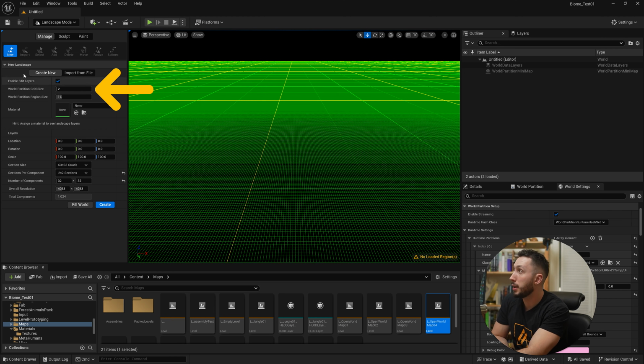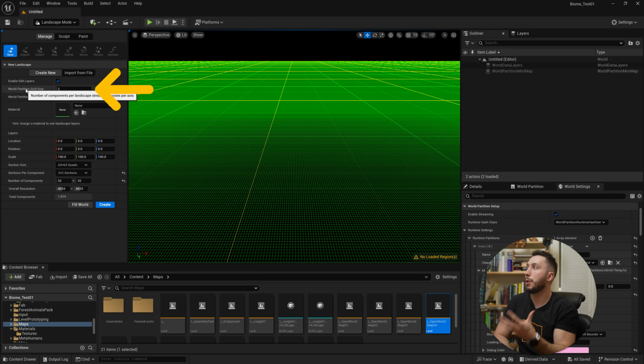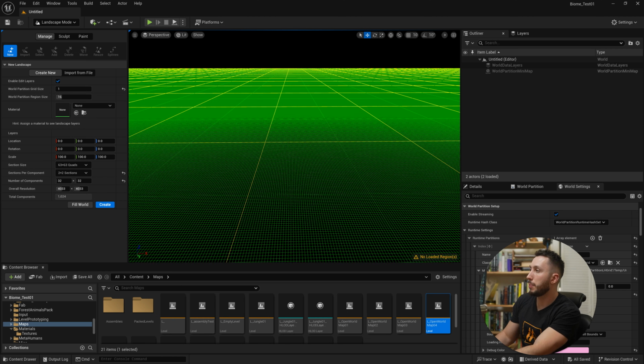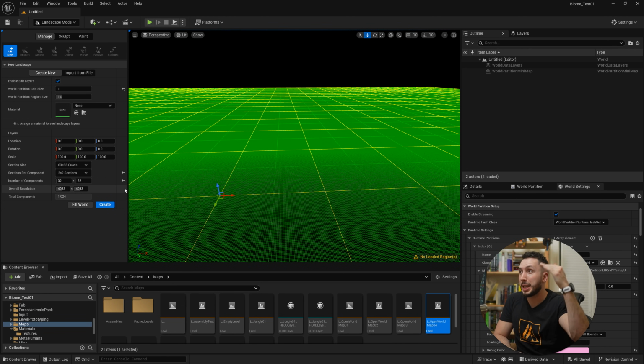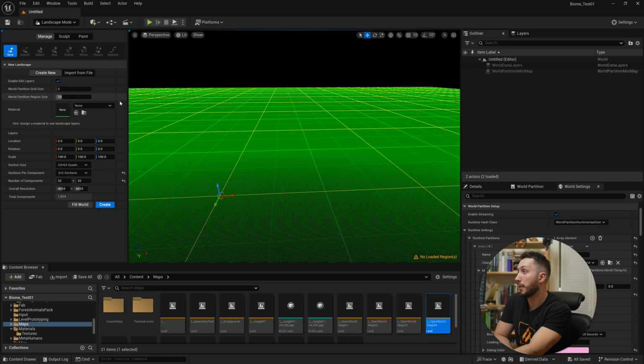This number is basically how many components are going to make up each little streamable section. We could drop it down to one component per, I think it calls them streaming proxies. So basically, should we take every single component and make it a streaming proxy, basically a little square that could be loaded and unloaded, or should we create it every second component or every